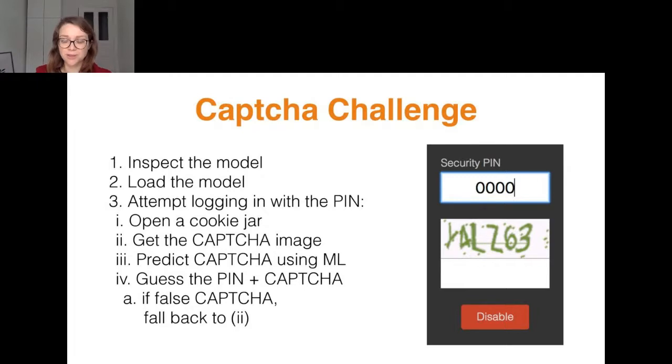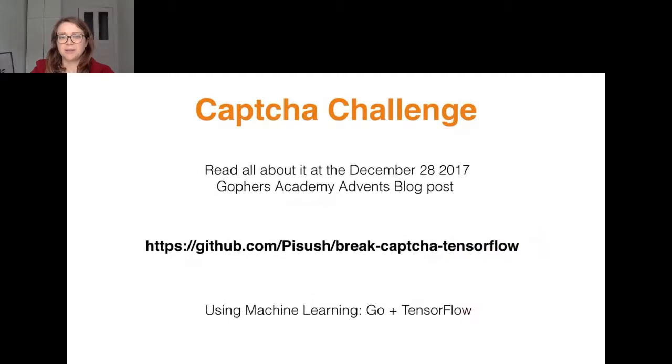And this was something that was part of the challenge, and I wrote about this in the Gophers Academy in 2017, the Advent blog, which is each day in December there is one article about Go, and in December 28th I wrote about this one, and you can also find the GitHub link code here. Feel free to take a second to take a picture, go and code and run. Make sure you don't install TensorFlow with the current version, because right now the findings are buggy.